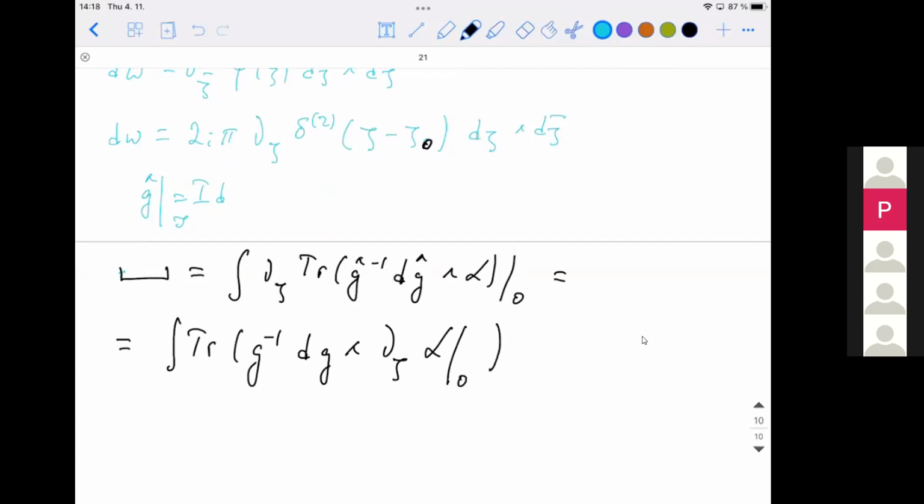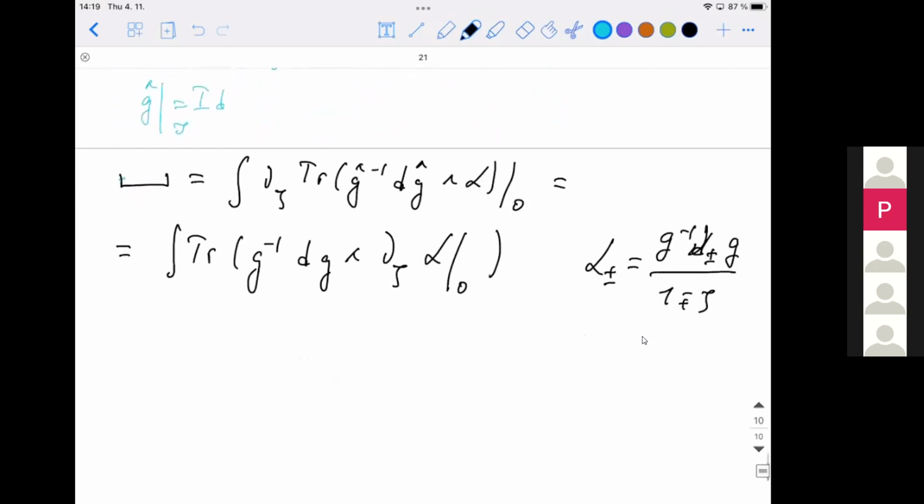And we just remember that plus minus zeta. So we apply here, and then we will get